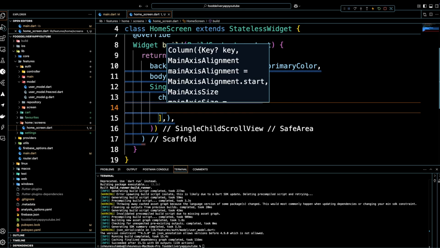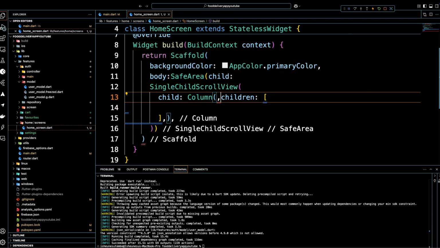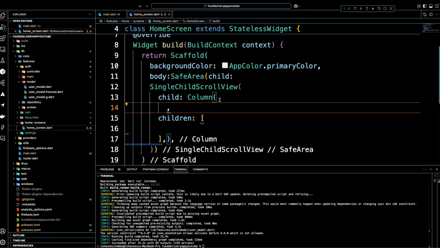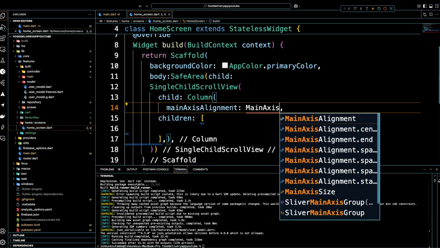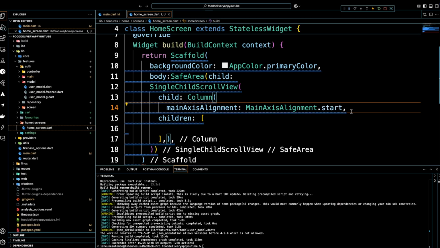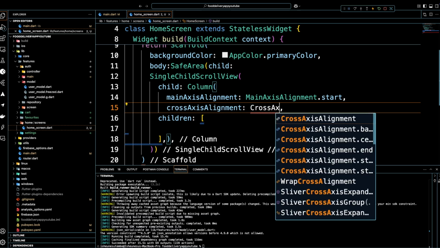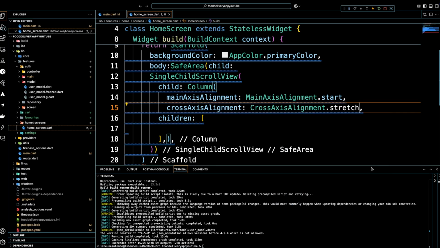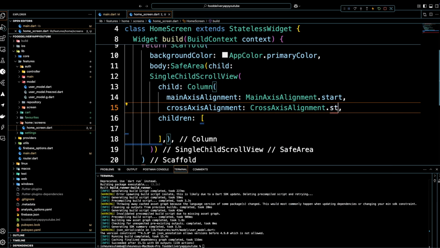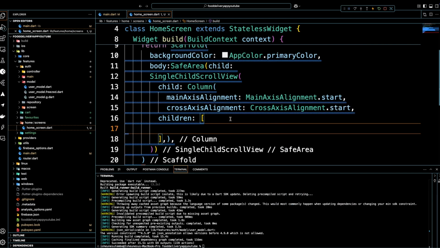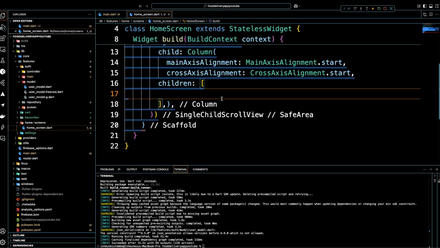and then it's going to take in the children. And then we have the main axis alignment, which is going to be MainAxisAlignment.start, and then we also have the cross axis alignment, which is going to be CrossAxisAlignment.start also. Okay, so now that we are done with this, if we check